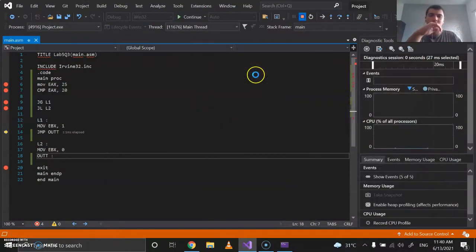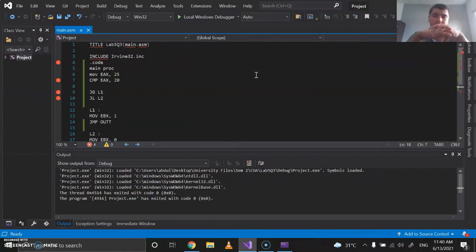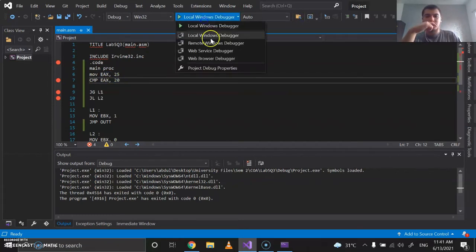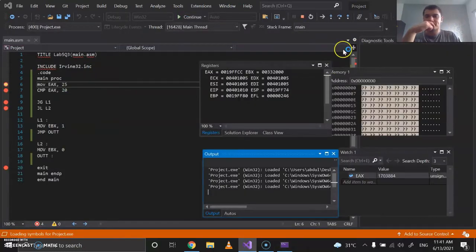Hello, my name is ABDULLAH SHEBANI, and today I'll be explaining our answer for question 3, part A in lab 5. Okay, so here's the answer. Here's the code here. So as you can see here, we compare EAX with 20. So in the question, EAX is given the value of 25. So when we debug here,